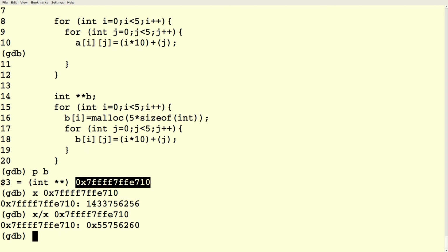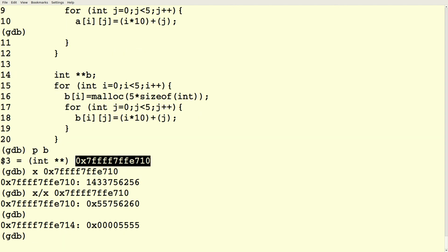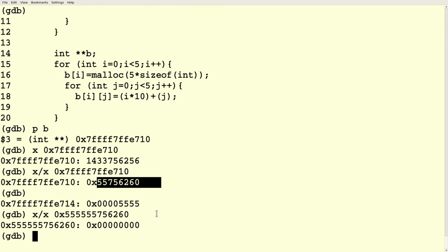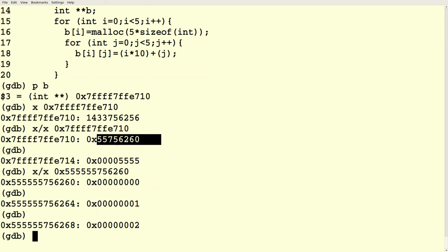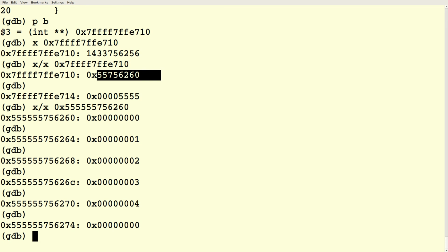What I find is a memory address. It's an array of pointers. So B points to something which is itself a pointer. And if I look at this address, there's my 0, my 1, my 2, my 3, my 4.